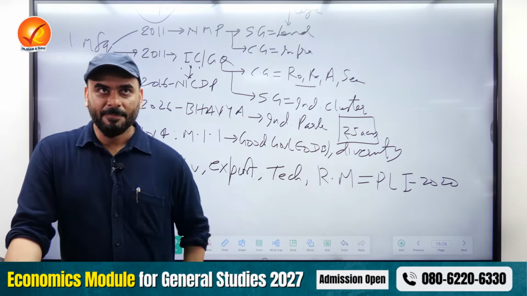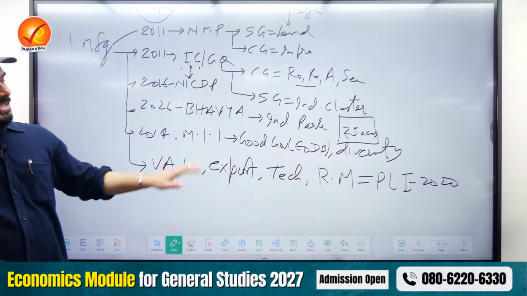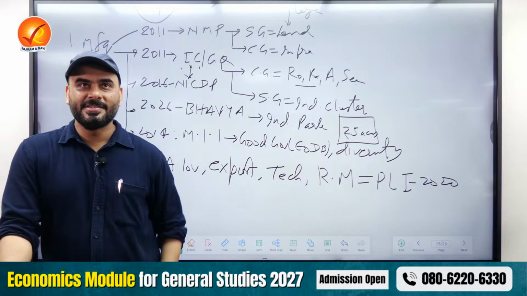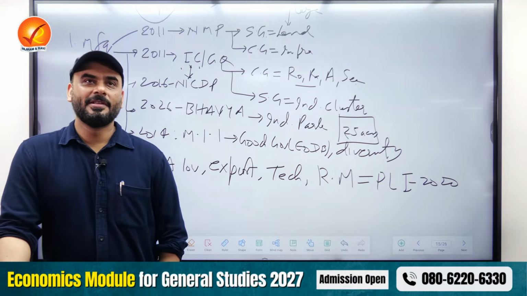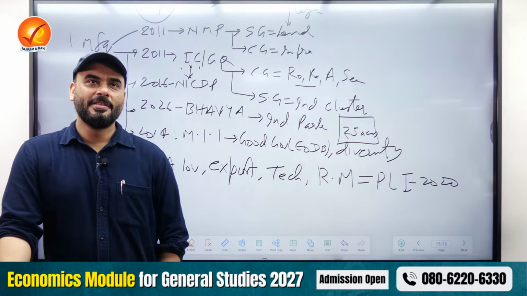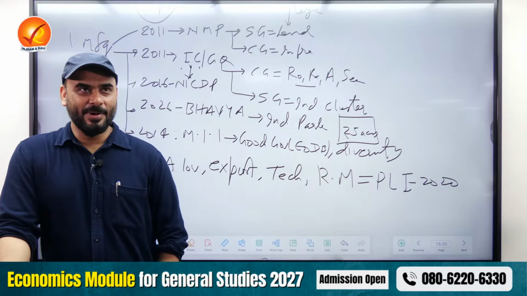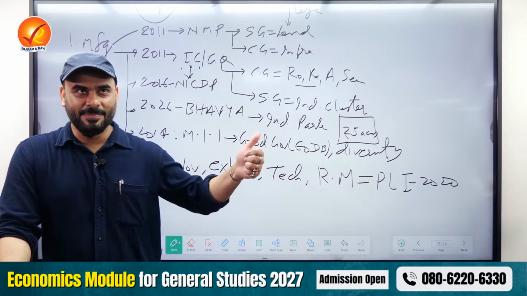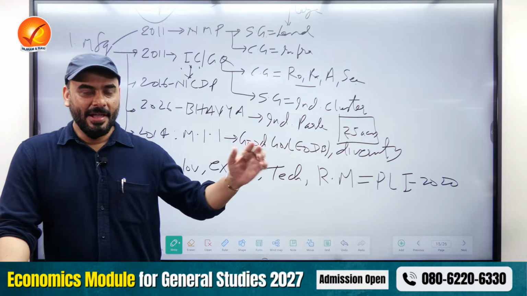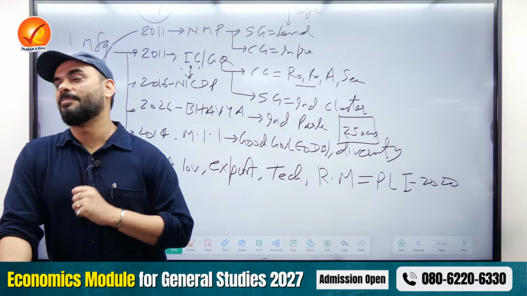This is PLI. But bacho, if you notice all the schemes which you are doing, what is missing in the scheme? There is one thing that if you look carefully, there is no talk of quality. It is there, but explicitly not mentioned. Skill is a problem. Quality is a problem. Environment-friendly industries is a problem.